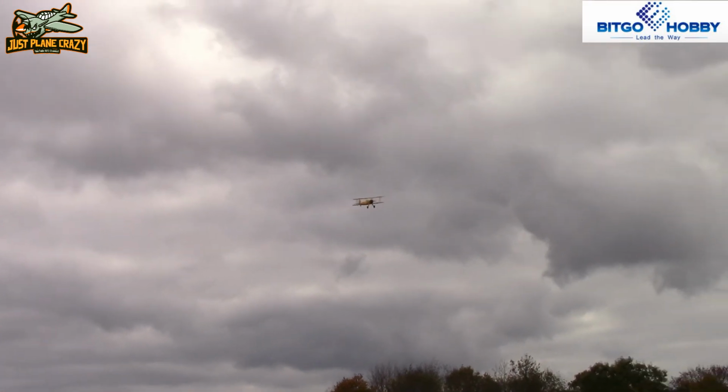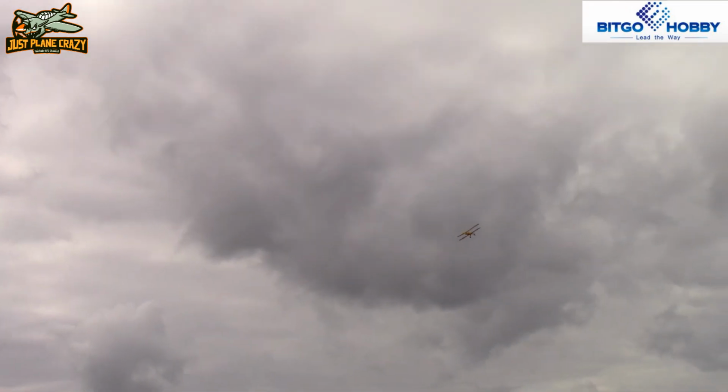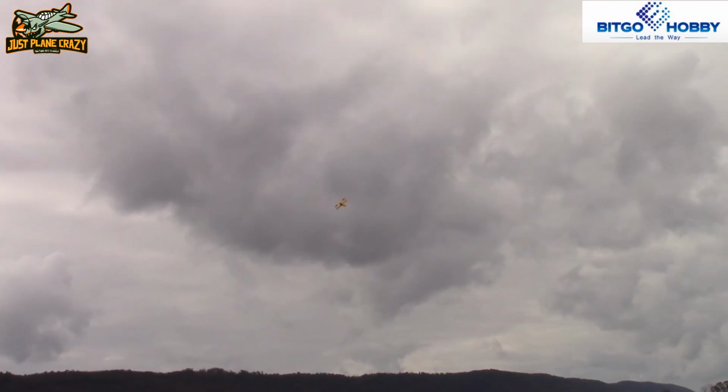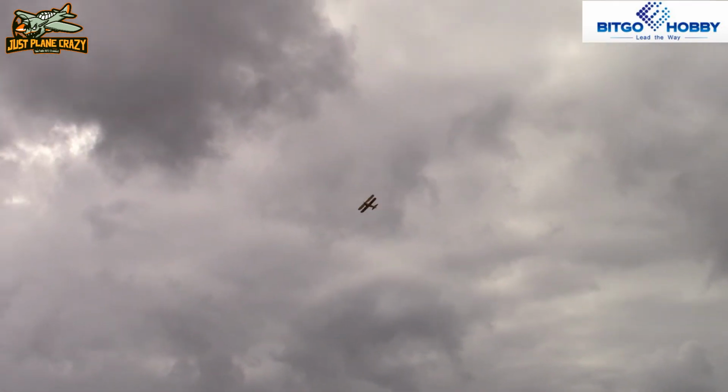Got a little bit of down elevator pressure to keep her flying around, but it turns nice. It's fairly stable. I wouldn't call it a beginner plane. It's definitely not an advanced level plane in my opinion either, but it flies pretty decent. So we'll take her up one more here, and then let's hit a loop with this thing and try and land it. So we'll gain a little bit of altitude, some airspeed,